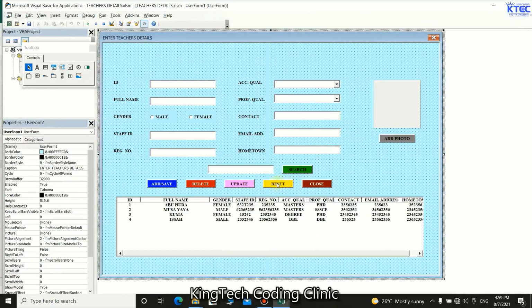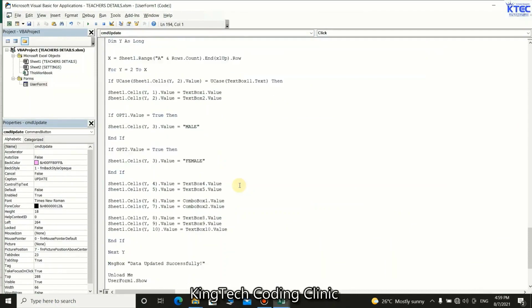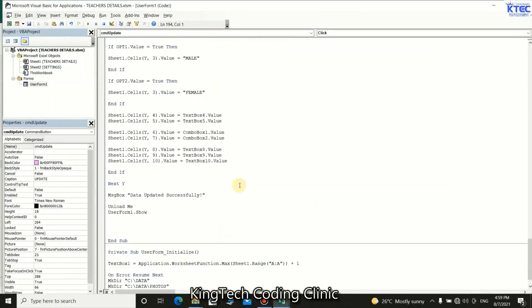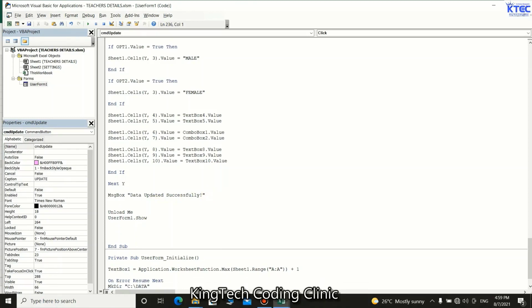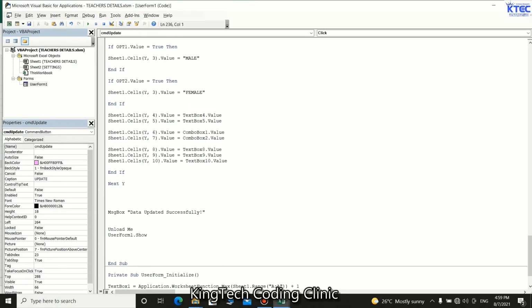So to do that, just double click on update. So we come here, use the update syntax here. So you can have that here. Good. Okay. Now you can just have that here. Good. So we say on error resume next. We can be copying that and pasting that. Okay. Let's write error, resume,